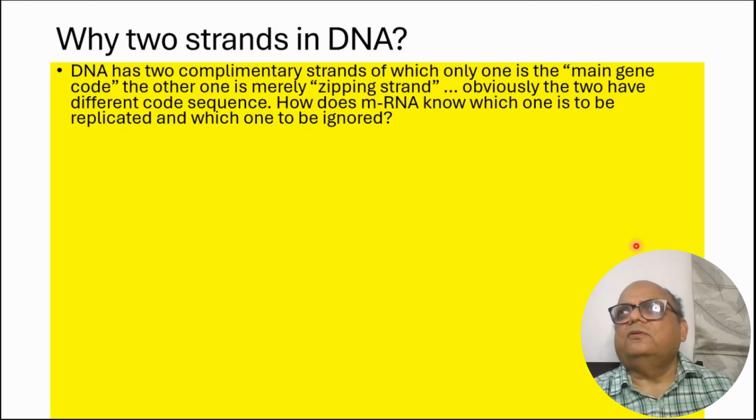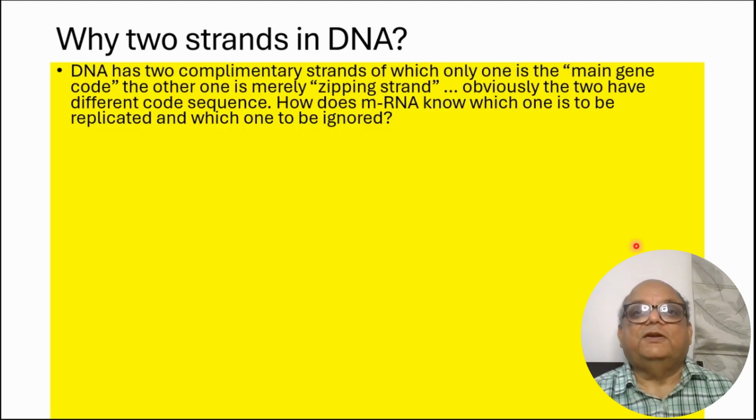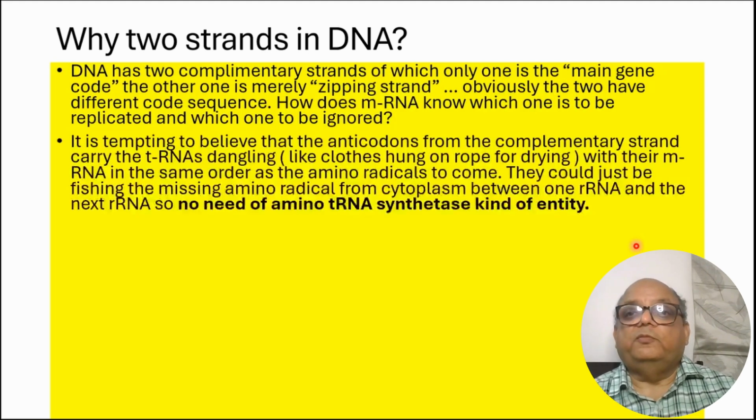How does mRNA know which one is the real gene and which one is not? Which one needs to be replicated and which one is to be ignored? Now, that's a question from an engineering perspective. So it is tempting to believe that probably both may be getting transcribed. So the anticodons from the complementary strand,